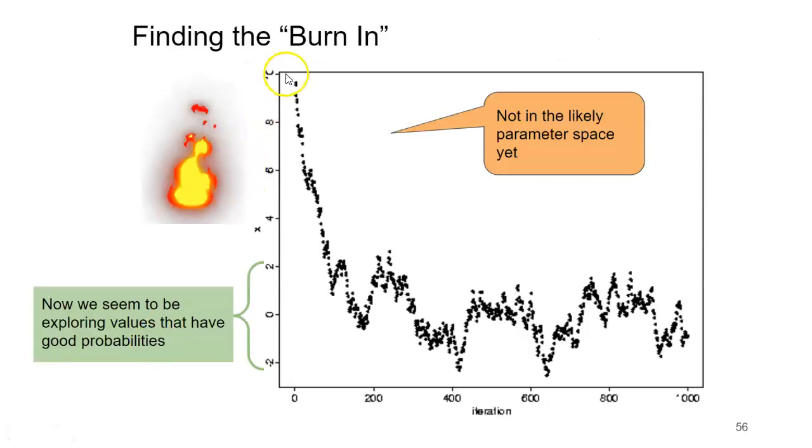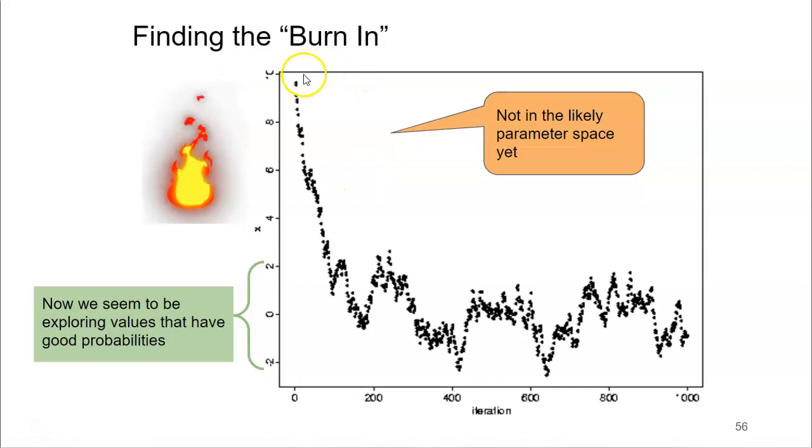Here's a plot where the MCMC is trying to figure out where is the probability distribution for this parameter, this theta, and it started with a value that was way too high. It finally drops down low here, and then it starts bouncing around. And as you, a data scientist, look at this, you're like, here's my burn-in. This is what it took until I converged to a nice probability space for this parameter.